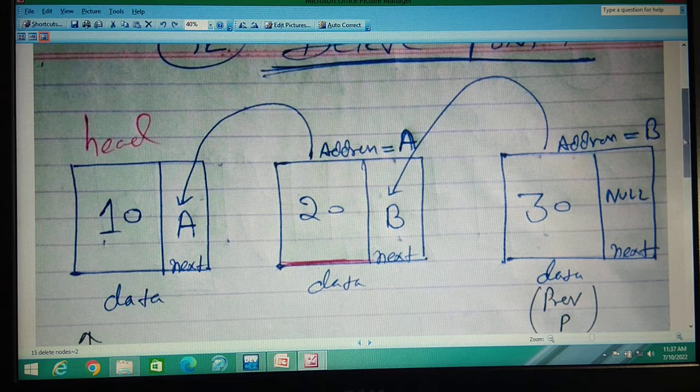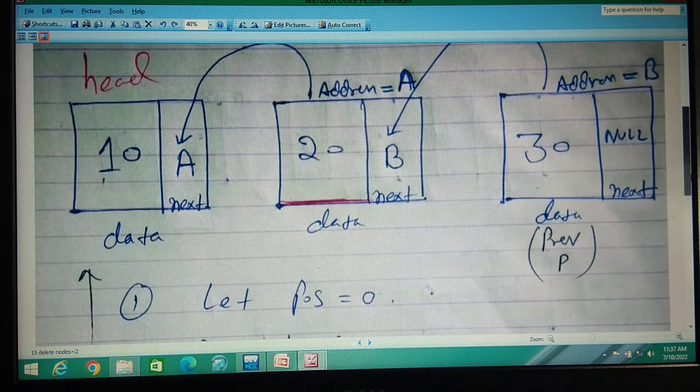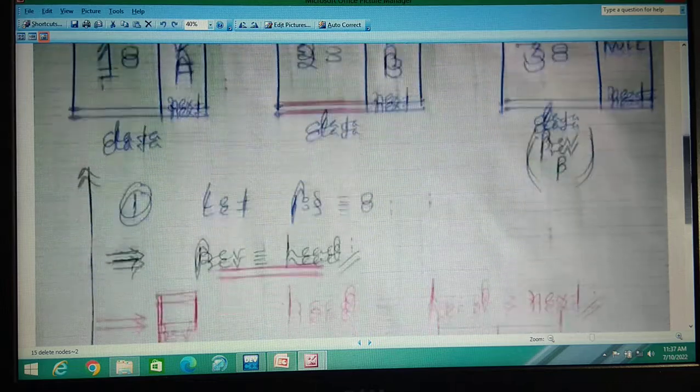You know that when the user has input 3 nodes, the addresses will be here and here. In the next field there is a pointer, and its name is also p. But when you created many nodes, at last your PREB and p were pointing here. If you are not getting it, you must go to the previous lecture, then you can understand how it is working. So when the user inputs 3 nodes, at last your PREB and p are pointing to this position. This is the main thing.